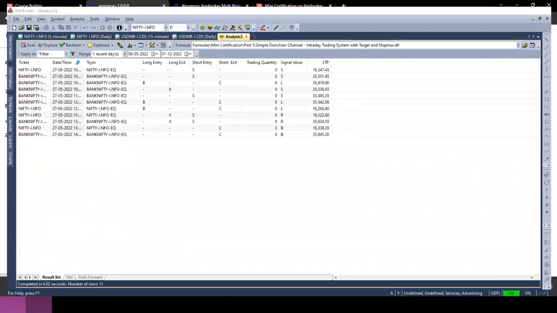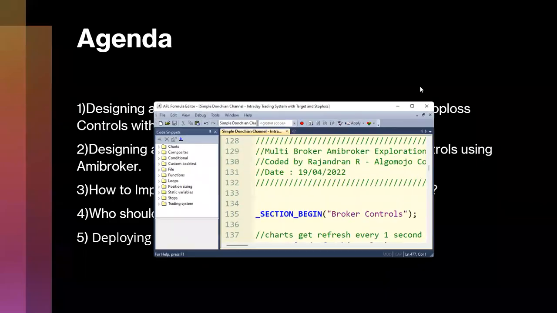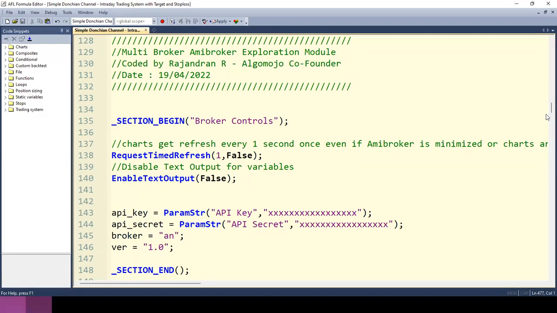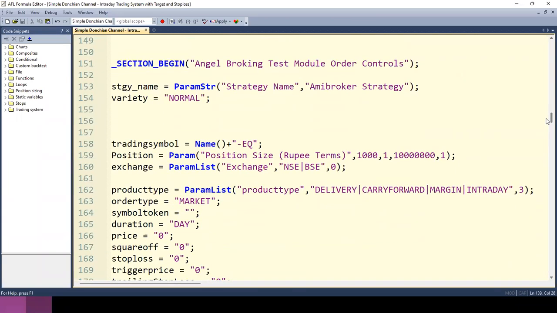So let's say I'm going to set up a couple of things over here under the controls. I go to the controls, I'll go to the TSIM. So in the Algomojo exploration module, you can see that the trading symbol, I'm deriving it: name of the symbol minus EQ. This is mostly designed for equity markets. So right now I'm going to change this to